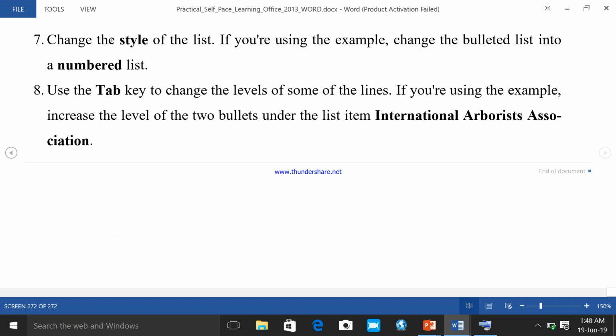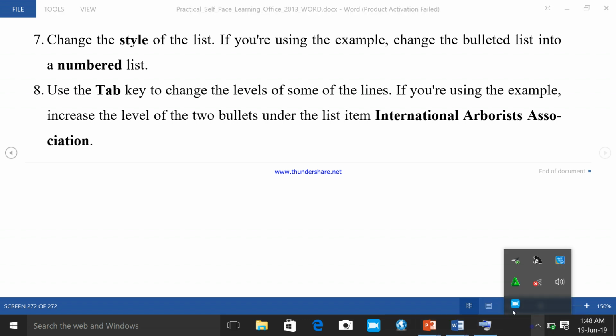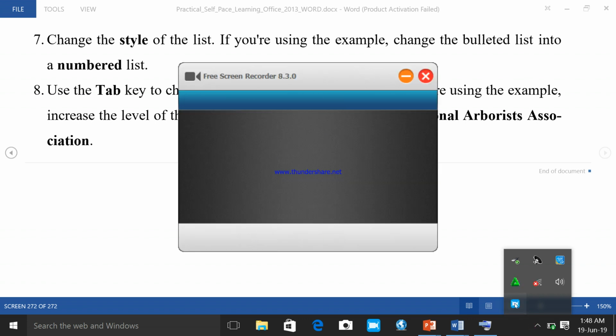Then you change the styles of the list. And you are to use the tab to change the multi-levels, and all this you are going to do practically in class. And so class, we've come to the end of this chapter 10, and I want to say